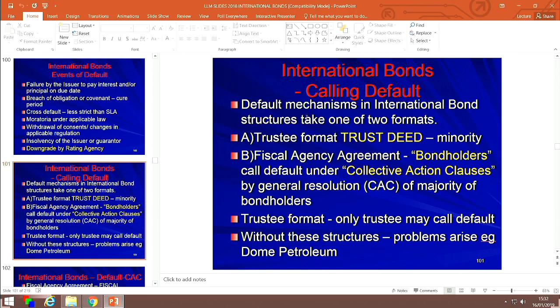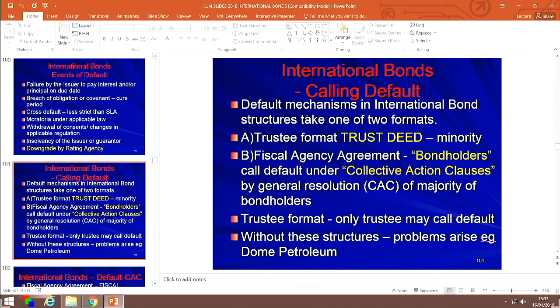In international bond issues, that is a minority of bond issues which are subject to a trust deed, for obvious reasons. Bond investors across the globe aren't familiar with this strange creature called a trustee under common law. We'll come to how this works shortly. But the more common format, accounting for about 60 to 65% of international bond issues, is something called a fiscal agency agreement,